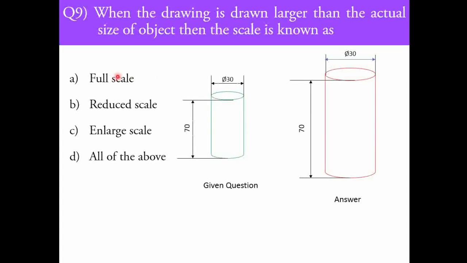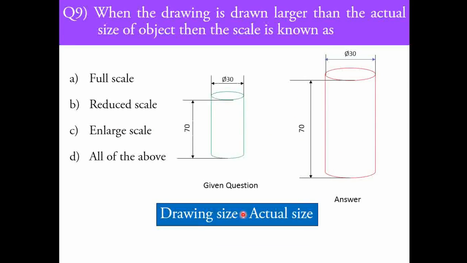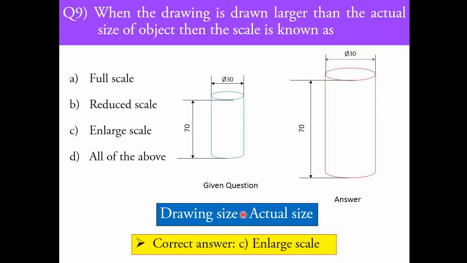Okay, the full scale is the same size diagram we are going to draw. Reduced scale is a smaller drawing, meaning the actual structure is larger but the dimensions get represented as they are on the drawing. And enlarged scale is when the object in the question is somewhat smaller and we are drawing it as a bigger one, then that is the enlarged scale. Okay, so the correct option for this question is option number 3, that is enlarged scale.